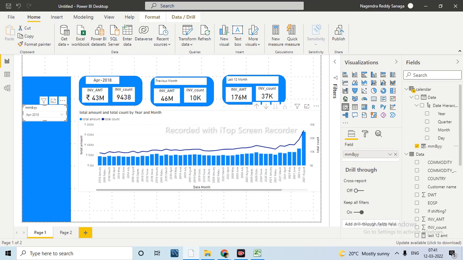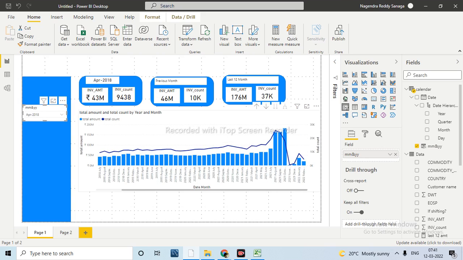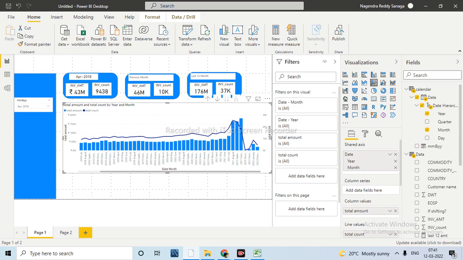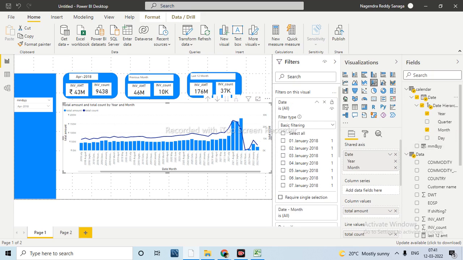Okay. Now my requirement is here I want to see only the last 12 months instead of the whole thing. Any idea how to filter out? Okay, we can use the visual level filter. In this one, I want to filter out the information for only the last 12 months, right? Just let me pull this data.